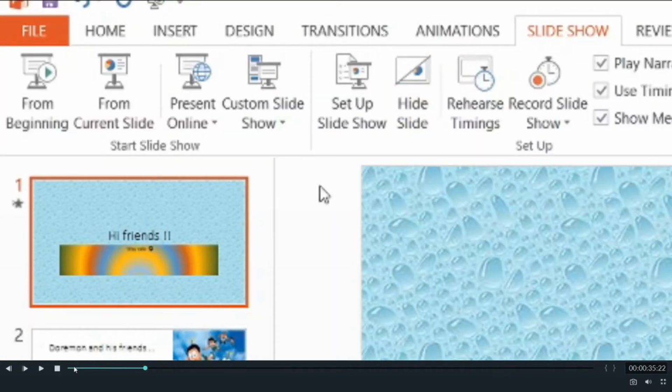Now you know how to run your slides. You click on the slideshow tab. As you click on the slideshow tab, you will see the first group, start slideshow. Here a few options are given. The first is from beginning and the second is from current slide. Suppose you want to start the PowerPoint presentation from the first slide itself; in that case, you will select the first option. Or you just want to check, and you want to start from the current slide where you are; in that case, you will select the second option, from current slide.